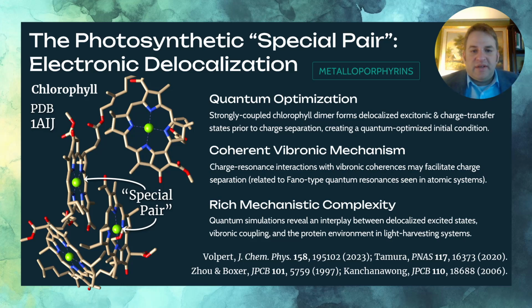we know it. So there is a quantum optimization at the special pair where a strongly coupled chlorophyll dimer, as you can see I've labeled here, forms a delocalized excitonic and charge transfer state prior to charge separation. And now this condition is optimized in order to ensure that the charge separation event occurs. And when the electron separates from its so-called hole, the positive counterpart to the electron, that it travels in the